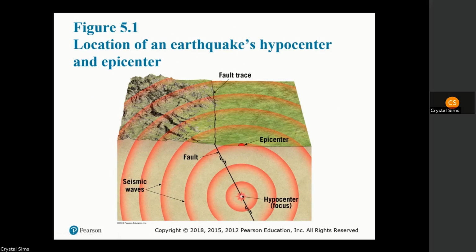Earthquakes are going to release this energy in the form of seismic waves. And so we can see these waves being generated here. This is energy that's going to travel through the lithosphere and through the Earth's interior. An earthquake, as you can see on this image, is going to generate waves that radiate outward from all directions. So where we have the focus of the earthquake, we can see these waves are going to spread in all